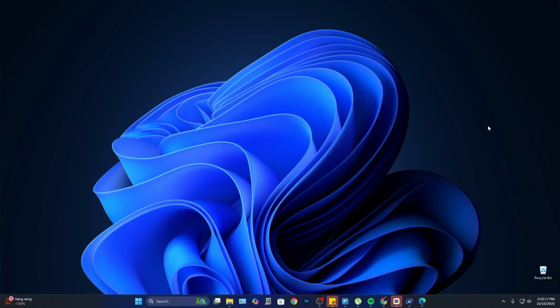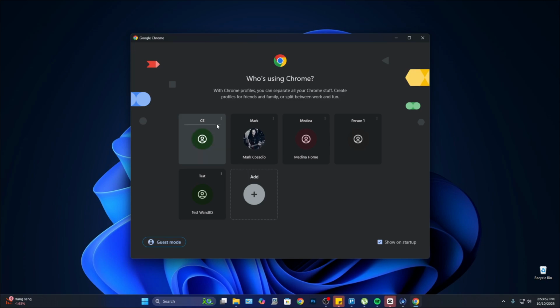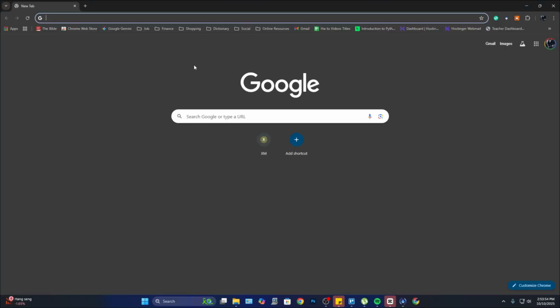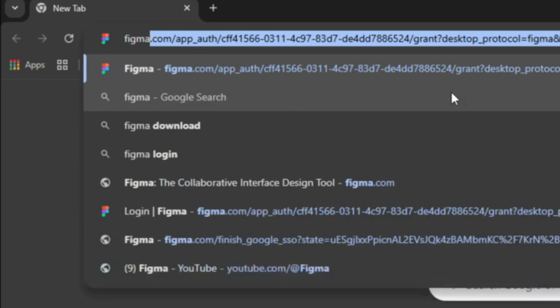What's going on, guys? In this video, I will show you how you can install fonts to Figma. So let's start. So first, go ahead and open up your browser, and from here, let's go to